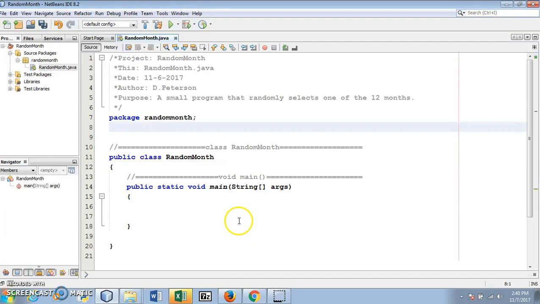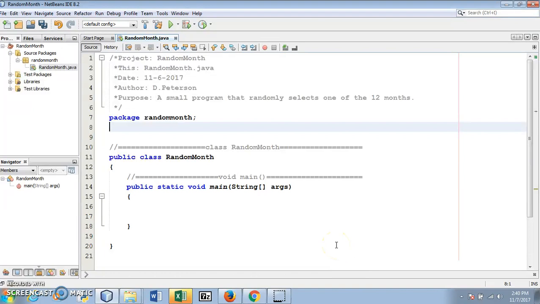In other words, the name nesting is what we call it, means to put one procedural item inside of another. Okay, so I could put a sequential one inside of a selection. I can put a repetition inside another repetition, or a repetition inside of a selection, etc. That's called nesting. So again, what we're going to do here is try and randomly pick one of 12